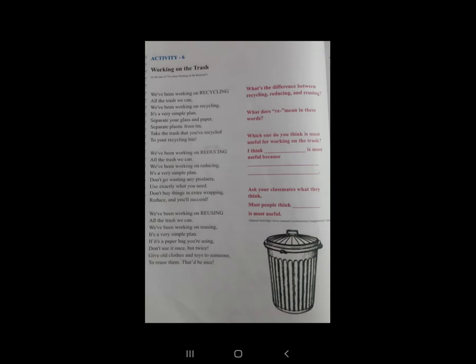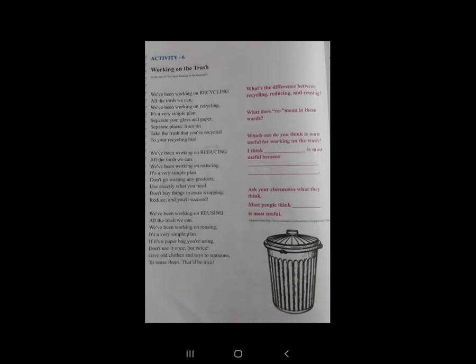Reducing is also simple. We should not waste any products and should use exactly according to our needs. We should not buy things in extra wrapping. He says that we should reduce the use of things that we do not need.